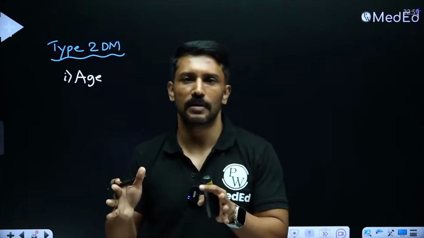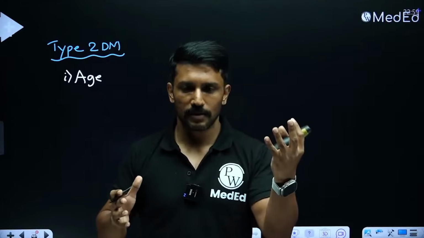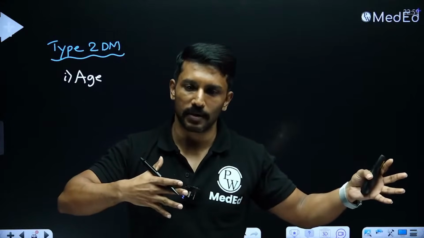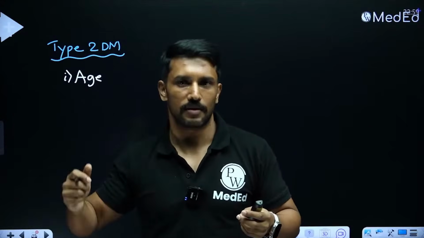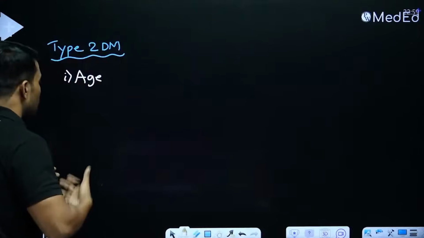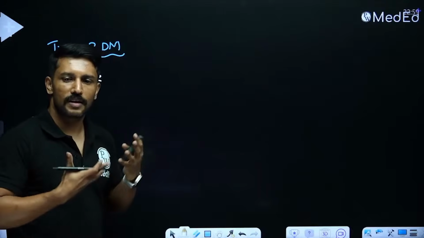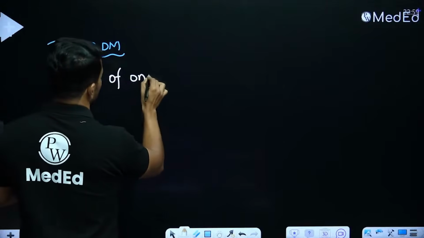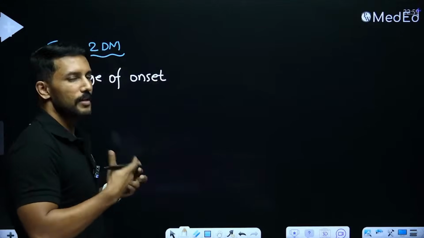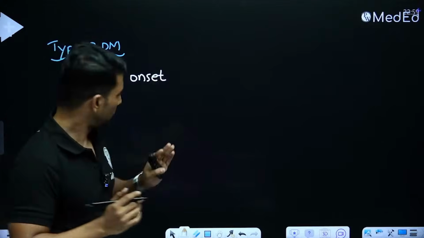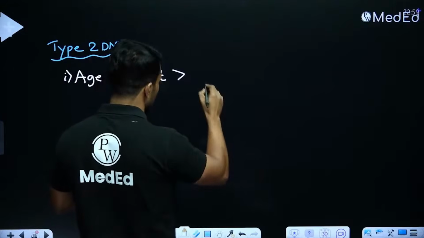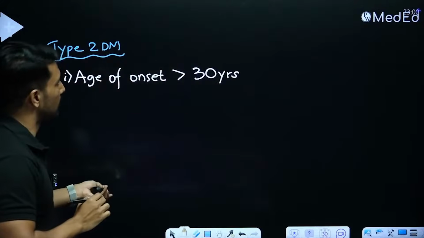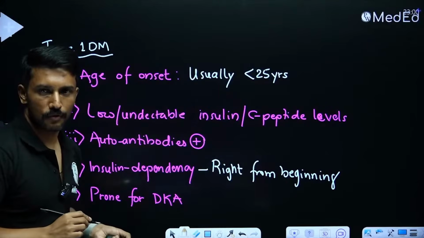In fact, studies after studies have shown that the adipose mass has a direct correlation with insulin resistance. Like the more fat mass in the individual, the more the insulin resistance. So slowly we will start gaining weight, start building the fat mass, and then start developing the insulin resistance. So it's progressive. So, age of onset. When I was an MBBS student, our teachers used to say the age of onset of type 2 diabetes mellitus is after 40 years. Now we won't say 40, the bar is reduced. It's usually after 30 years. Age of onset is after 30 years. The type 1 was before 25 years of age.